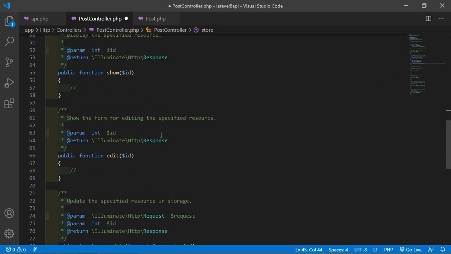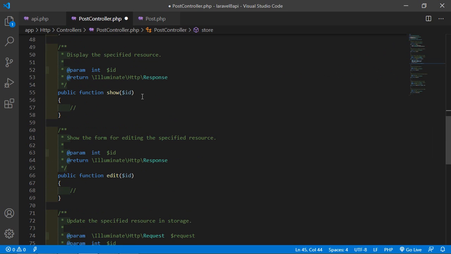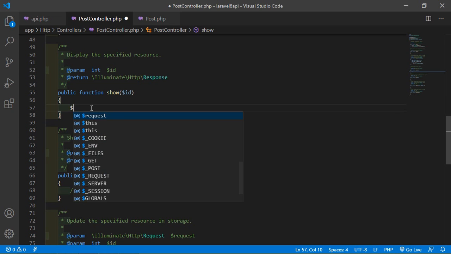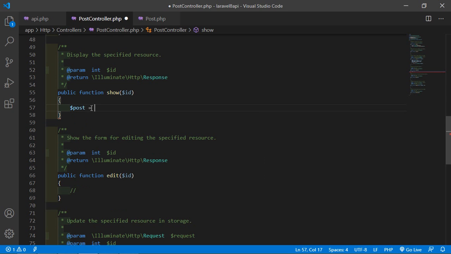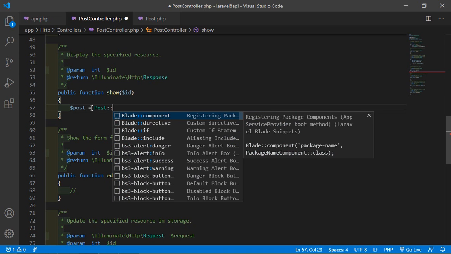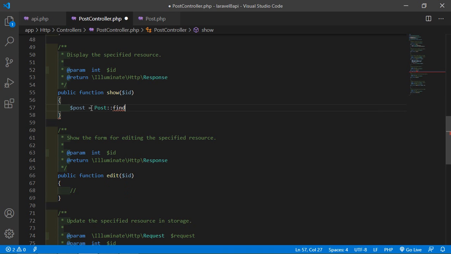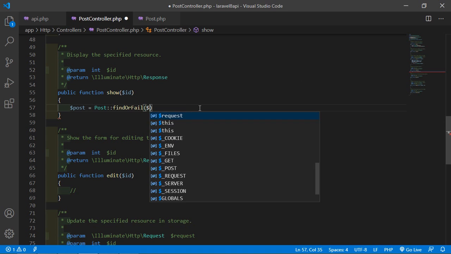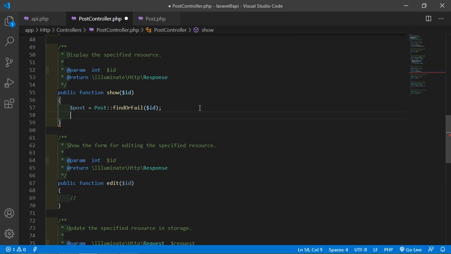Alright, and for fetching a single record, a single post, inside the show method just write here $post is equal to Post::findOrFail, and inside this just pass here this id, $id, and simply return new PostResource, and inside this just pass here $post.